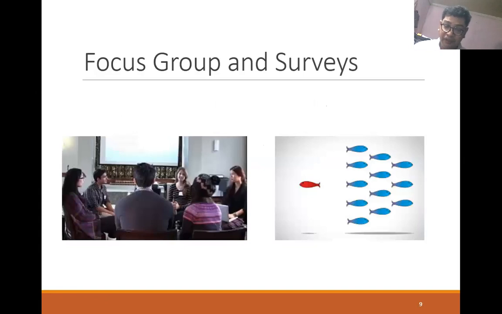Interviews are conducted with a sample from a population, and the key characteristic they exhibit is their conversational tone. So this, for example, is an illustration of a focus group. So there is a fish, and there is a population, so you only get a small fragment or a small portion of those people. Like for example, there are only 1, 2, 3, 4, 5, 6, and maybe there were only 5 people here, and the other will be the interviewer. So that is the illustration for this.